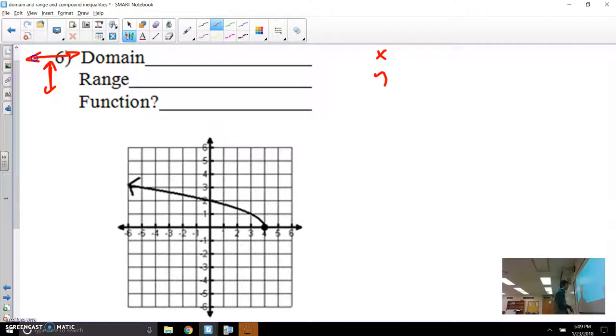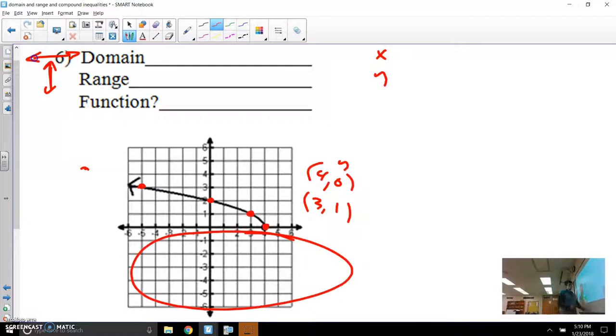So for example, this point is (4, 0), and it starts moving left, so then I have like (3, 1), okay? And so we can tell already that the y values are increasing. You see them go to 2, and then eventually they hit 3, and later they'll hit 4. So the y values are increasing. They'll never go below that, because that's where the graph kind of stops. So in terms of just talking about